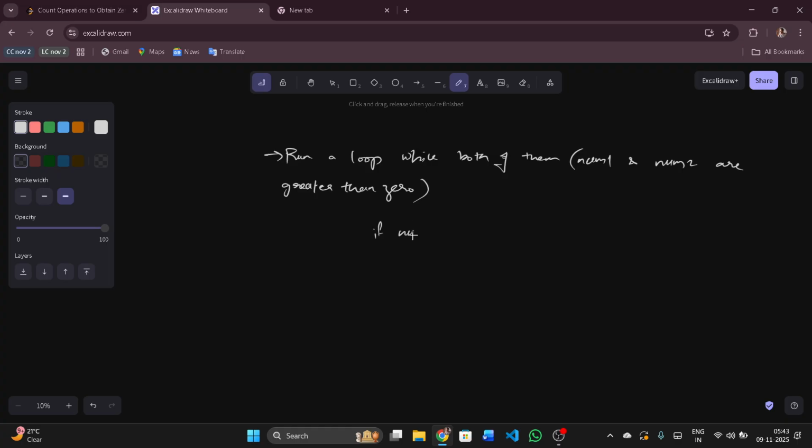Now, if num1 is greater than or equal to num2, then num1 minus equals num2. Else, what we will do? Nothing but num2 is greater, so num2 minus equals num1. And we need to initialize answer equal to 0 and increment the answer here. At the last, return the answer. So this is how you solve this problem. And if you see what's the time complexity,